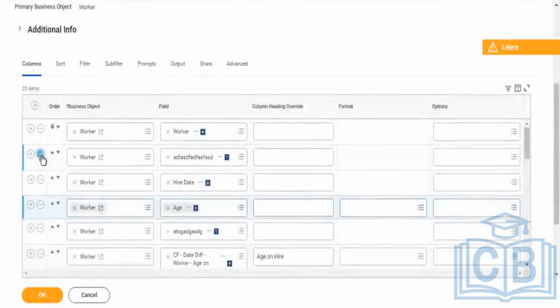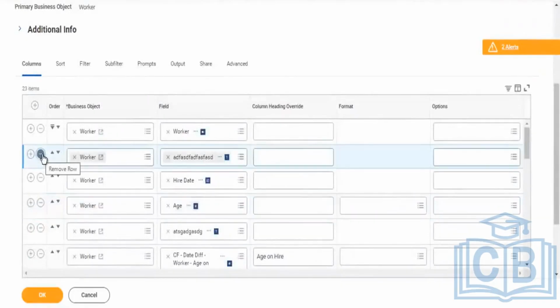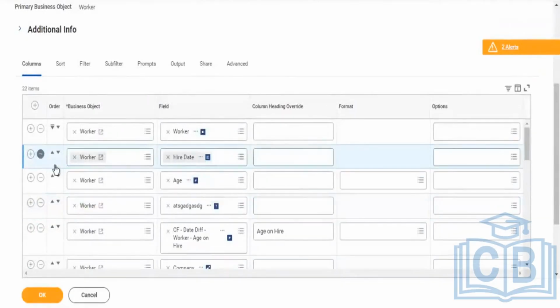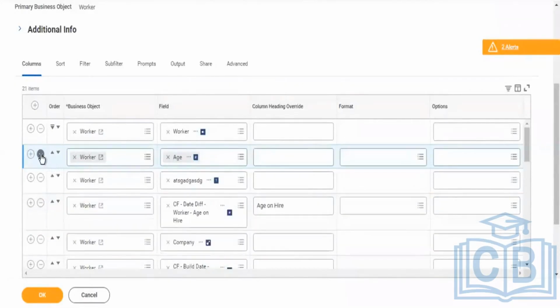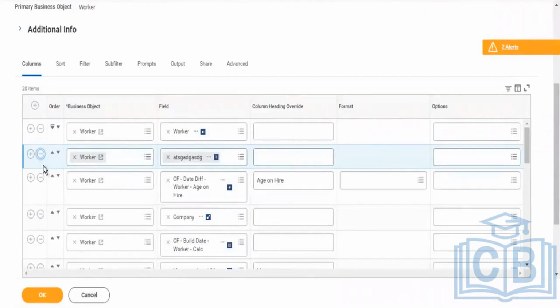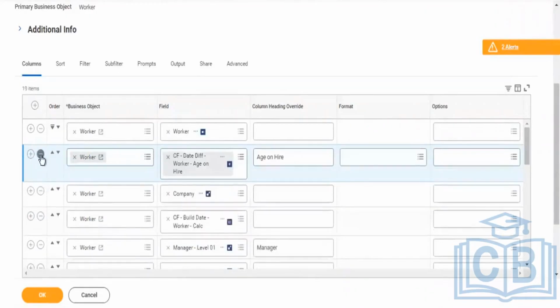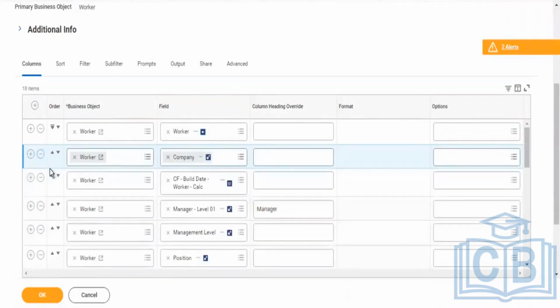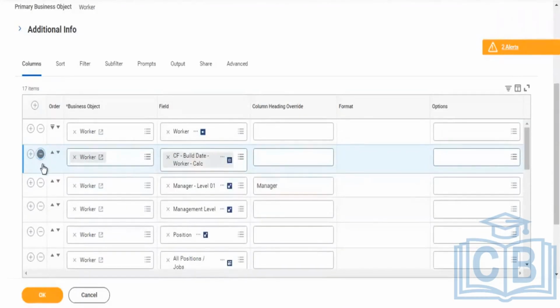I don't need this. These calculated fields are still available in the other report. Now all I need is